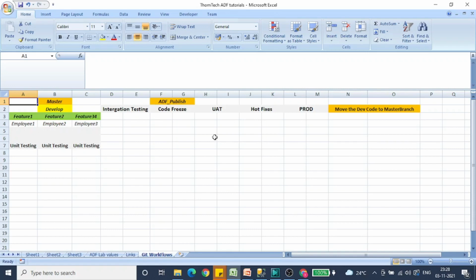So when we go to start on a release 2, we will again take a fresh copy of codes from the master branch to the develop branch. Okay, and we will repeat the process in a similar way, and we will follow the same pattern and publish the data to the ADF branches. And let's suppose we want to revert back the changes, we do have a copy in a develop branch. So lot many things are available with respect to the Git repository, so we can leverage all those features. So that's it about the Git workflow. Now let's switch back to the ADF and Azure DevOps.